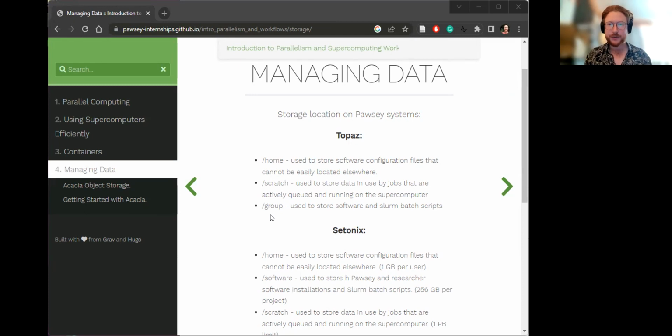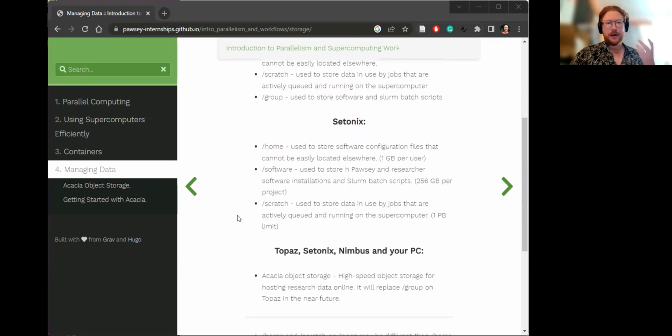Then you have Scratch, which is used to store large amounts of data that are being actively queued or running on a supercomputer. And then you have group. That's where you would store software, Slurm batch scripts, and data sets that you need to use frequently. On Setonix, it's a little different. With this new system, we have a new file system that's been introduced that eventually will be used by both Topaz and Setonix. But at the moment, Setonix has its own home and scratch storage, and also